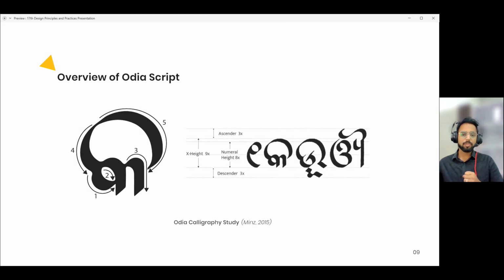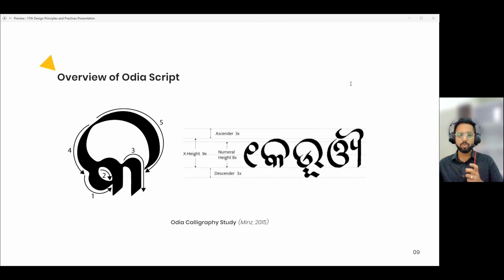From a calligraphic point of view, Mins had developed an Odia calligraphy manual to teach how to write Odia letter forms with a calligraphic approach. The direction of strokes, their sequences, and the grid models all were discussed in this. But again, this could also not be used for the regular handwriting progress because it was mostly from a calligraphic point of view. Hence, there was a need to explore how the process of writing Odia script was taught to